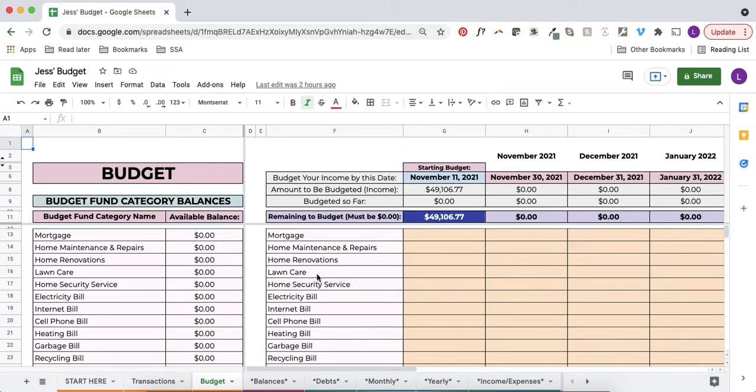The other thing I want to point out here is in cell G6 right here in blue is the date that you started using the budget, and then just underneath it is this number, amount to be budgeted, and that is $49,106.77. Again, this is not an orange cell, so that means that this was put there automatically, and I just want to explain to you where that number came from. So let's go back to the Start Here sheet,